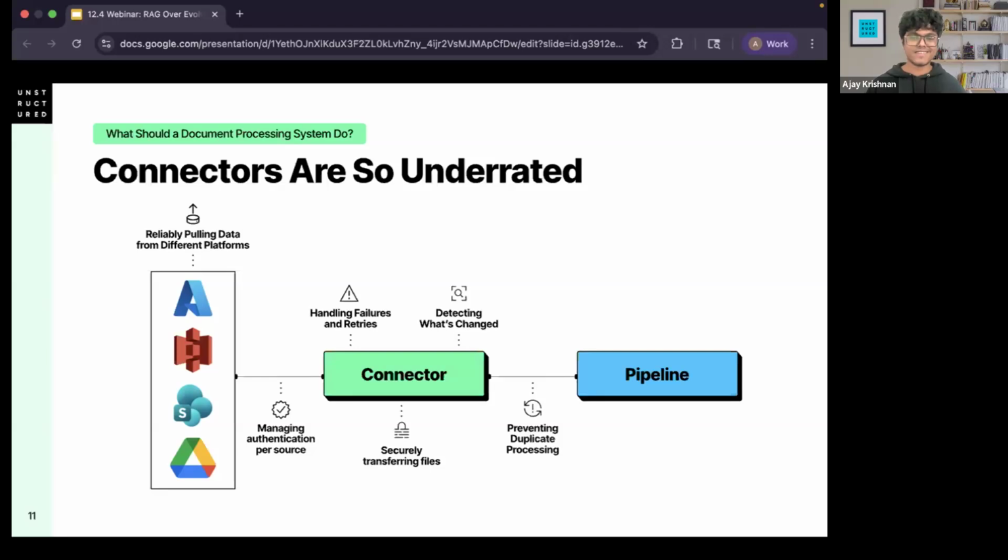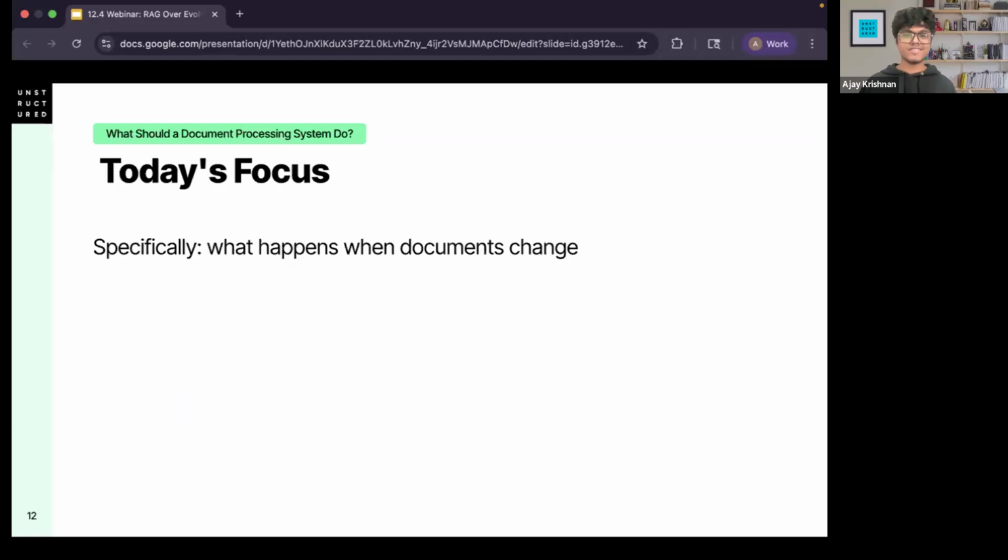In this field, from what I've seen, we often talk a lot about parsing accuracy, as we should, but I think connector reliability is also really important, because that's what's going to determine how your system works in production. If you're not able to pull data into your system to do all this processing work, then you're not even getting started. So I think connectors are really important, and we often end up skipping them, but I'm highlighting it again. Today's focus is going to be on one specific aspect of connectors, which is what happens